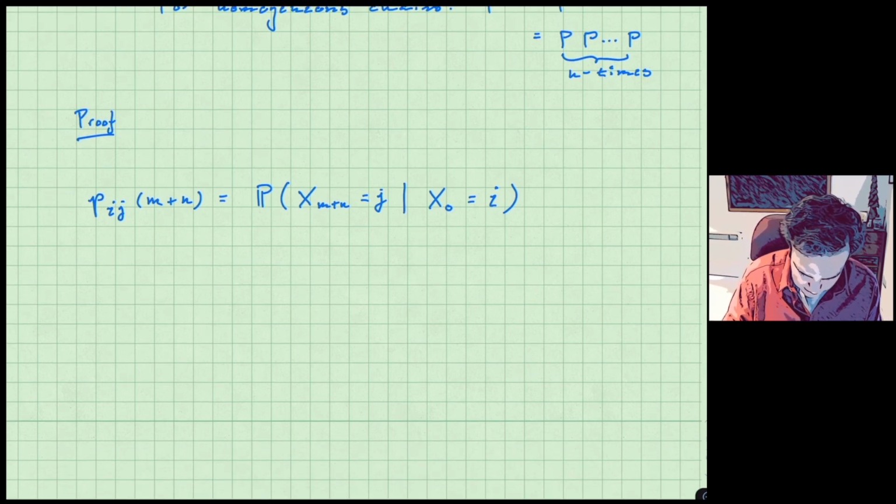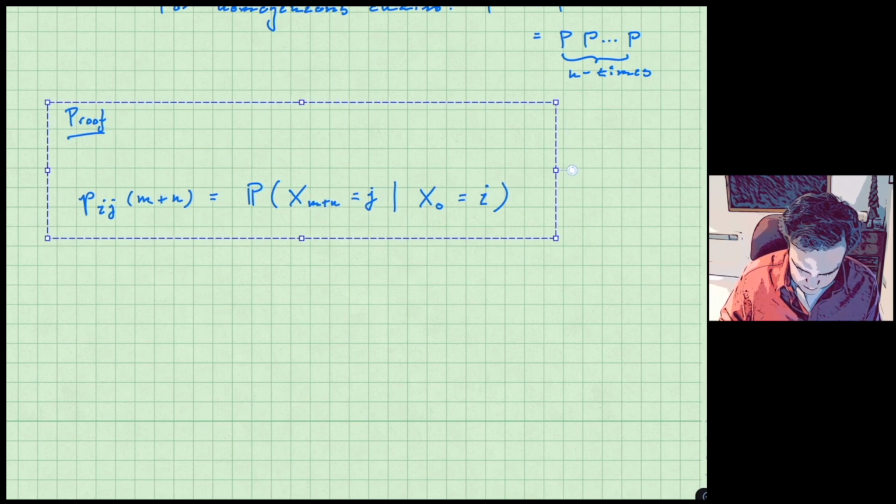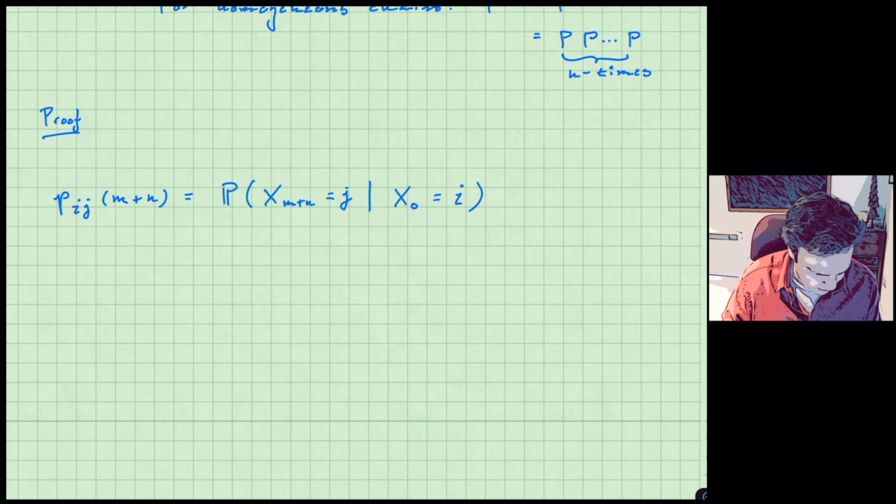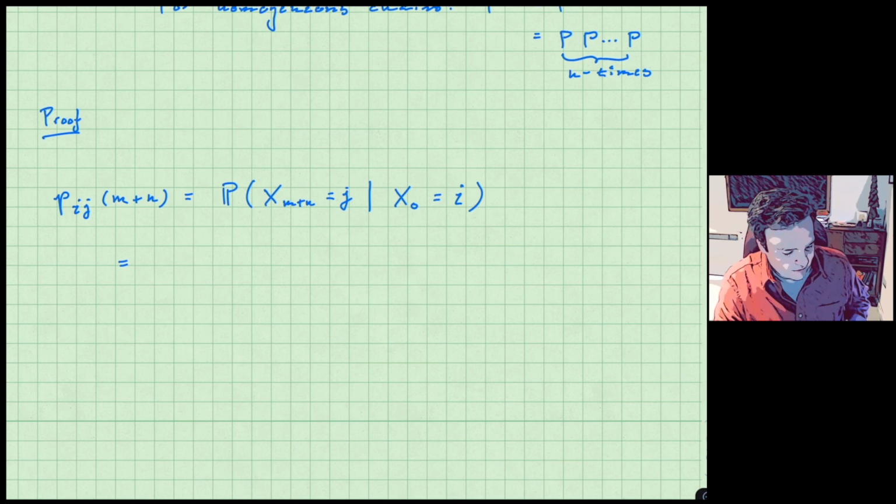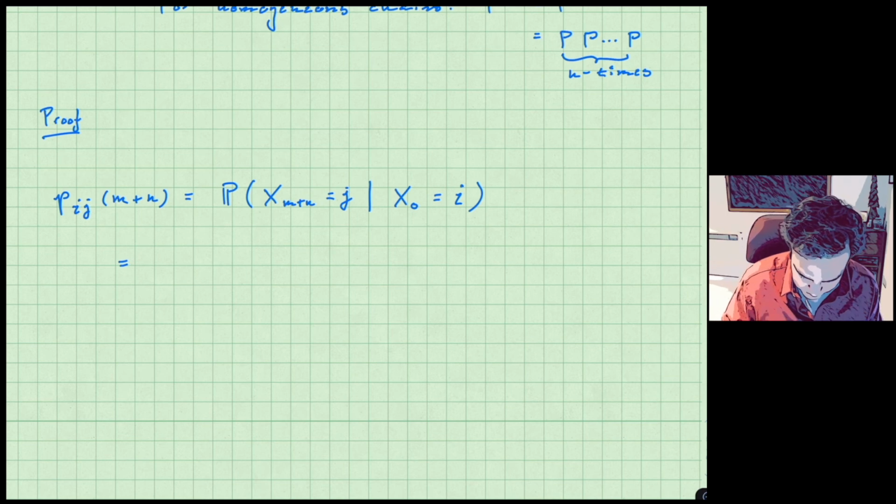And then the first thing we're going to do is expand this a bit using the total conditional probability theorem. So what we're going to do is insert state k happening at time n, and then sum over all the possible different states k. So we're going to say sum over k